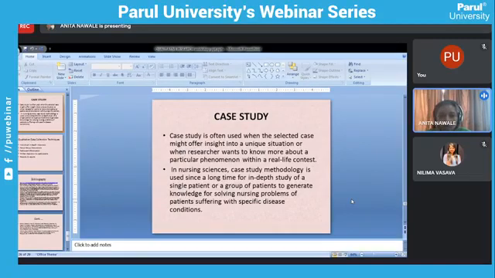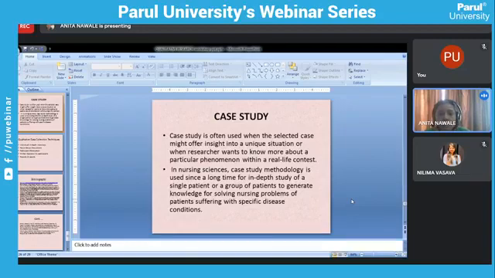For example, in our pediatric ward, I have seen one child almost 10 years old, who was suffering from Pott's spine, which is not common in that age group. You might have seen Pott's spine in adults, but that is also rare. But in that patient, that was a typical case which was showing all the signs and symptoms of Pott's spine and having multiple complications. So if you have that kind of unique case in your clinical side, you can take that as a case study and you can do the case study research on that particular unique patient where you will collect in detail information.